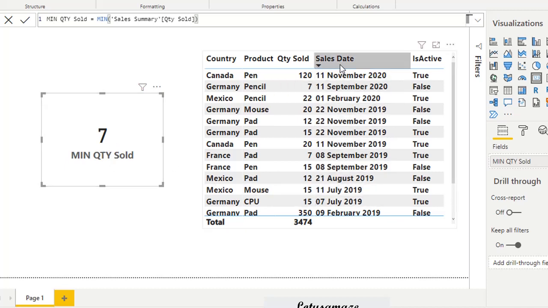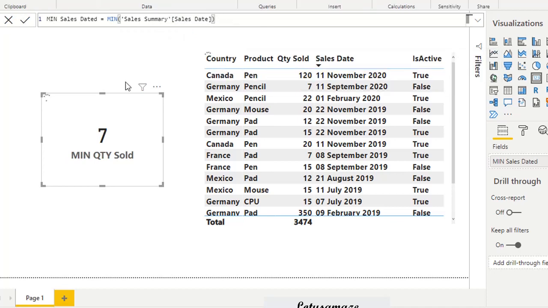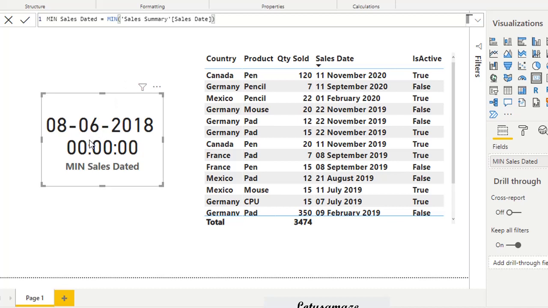And if we try the sales date, now we have the minimum sales date.